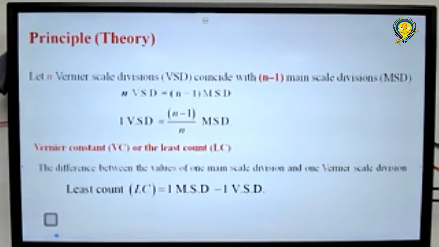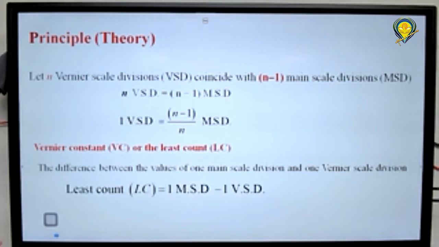So what is meant by least count? That is the smallest measurement for that particular instrument. Now, in the case of vernier calipers, the number of lines may be different for different instruments. Normally 10 vernier scale readings are there for normal vernier calipers. Sometimes 20 readings will be there. Similarly, 20 reading vernier calipers are also there.